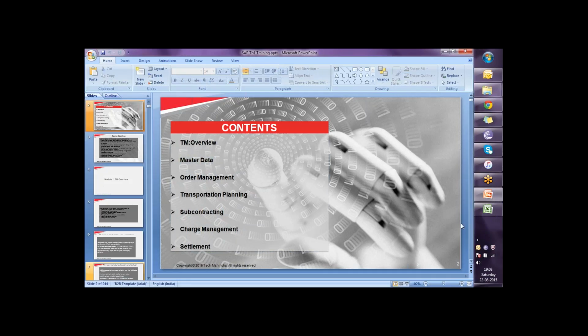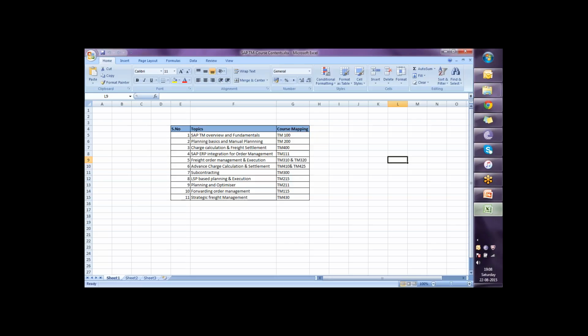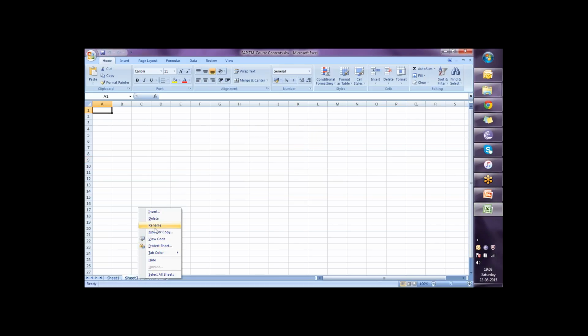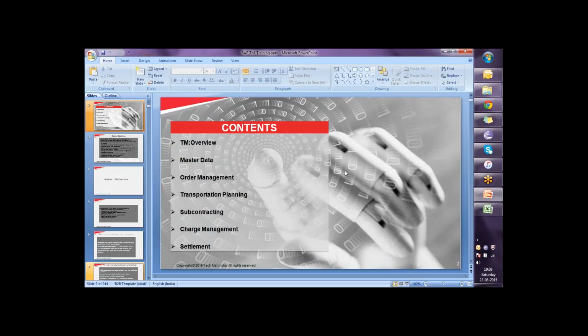Right, yes. So apart from this content, do you have any other expectation which I can address? I will note that down as well as content. Not at this point of time. Maybe, in case, I don't know if that is in the scope of this training, if you have any real-time scenarios that you could share with me, that would be of great help, because I may be starting to look out for a project in the TM area. So what I'm going to do, after we are done with the session,